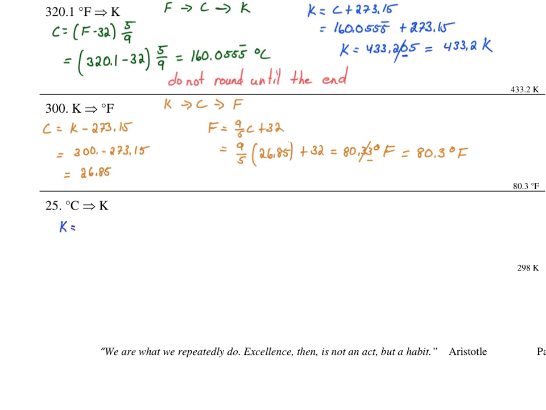We know that Kelvin is equal to our Celsius temperature plus 273.15. So we make our substitution. We get a calculator answer of 298.15 K. We look at our sig figs. This is rounded to the ones place. So we round this answer